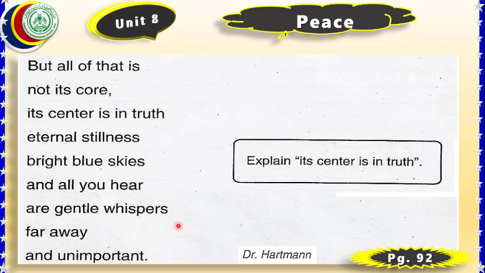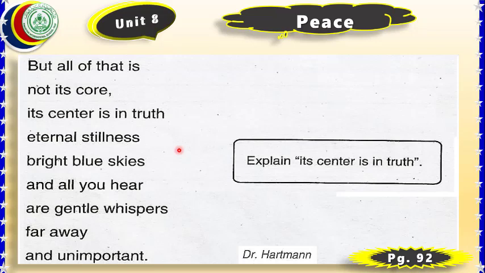Dear students, in fact, here is mentioned when wind blows hard, just after that, what appears, that is the truth of that wind. In fact, wind is just for a while, just for a few minutes or hours. After that, there is stillness, and that stillness is long lasting when sky becomes blue and we can hear gentle whispers far away. This is the exact truth of that wind. Its center, explain its center is in truth. What does it mean? It means